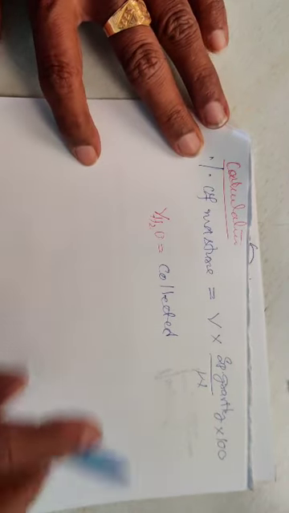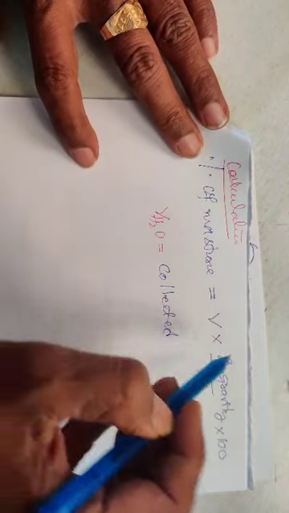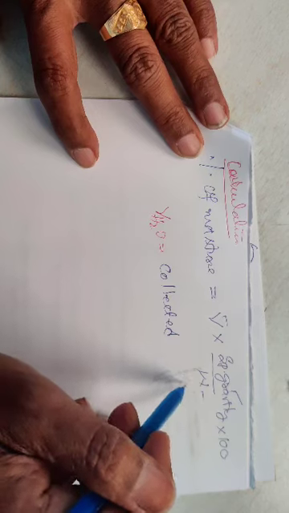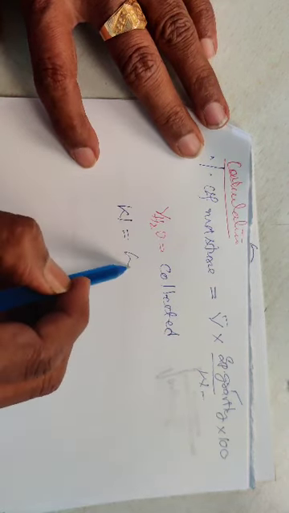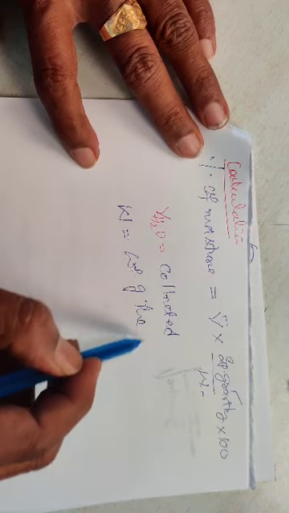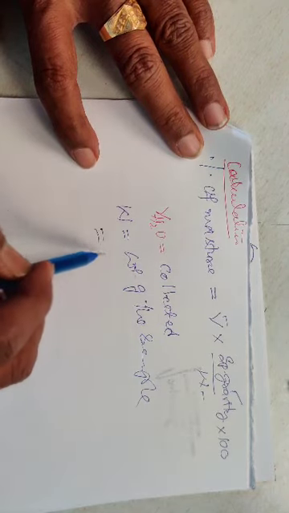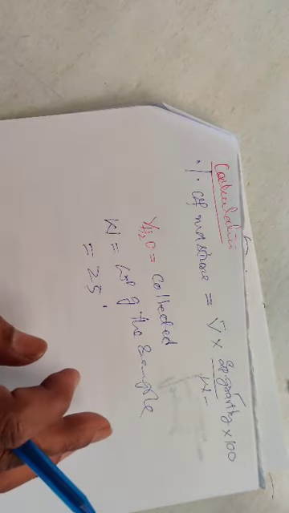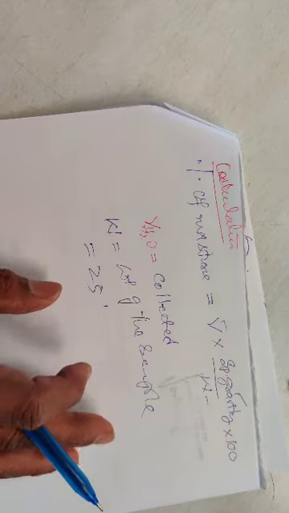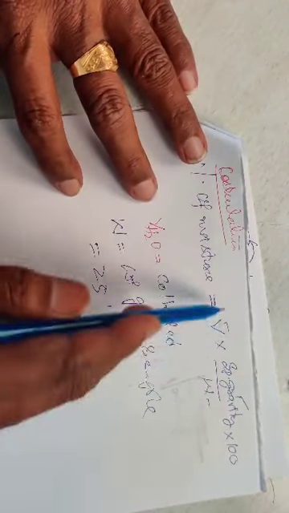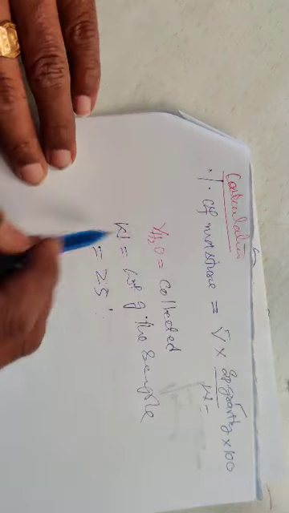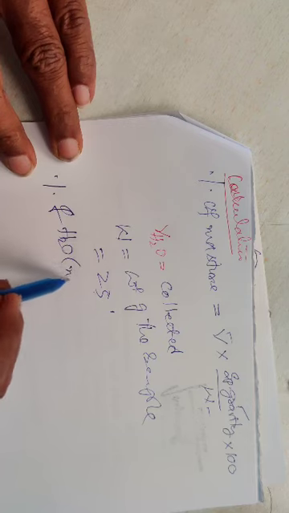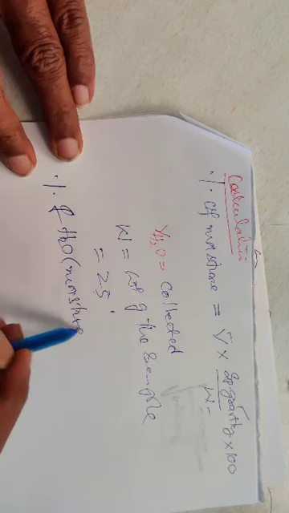The specific gravity of water at that particular temperature is to be used, and W is nothing but the weight of the sample, which we know is 25 grams. So we substitute these values here and simplify, and you will get the percentage of water or moisture present,